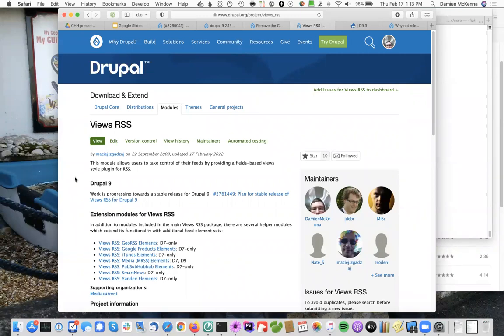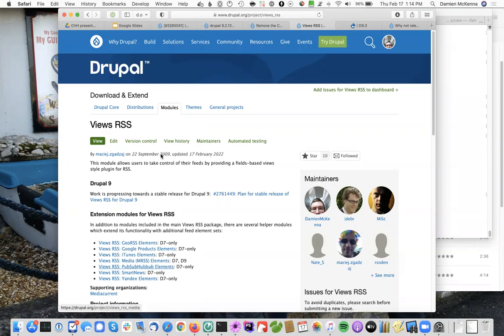So for example, there's a submodule for adding geographical metadata to the feed. There's one for adding some specific attributes and elements that iTunes needs. There's another for PubSubHubbub. That is just too funny not to say. I built one myself last week for a small newspaper site for adding extra values that the Smart News service